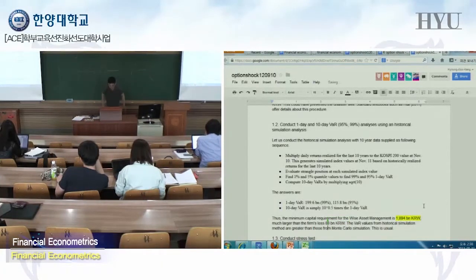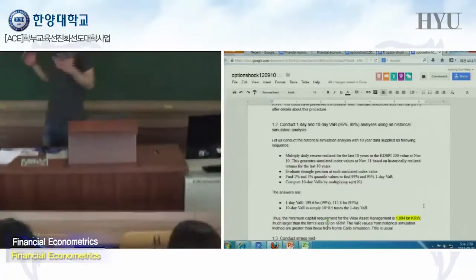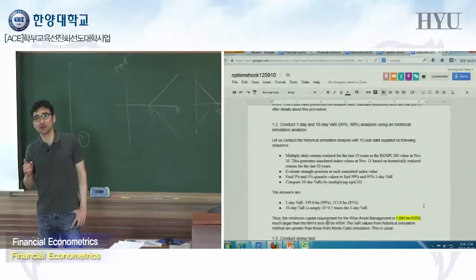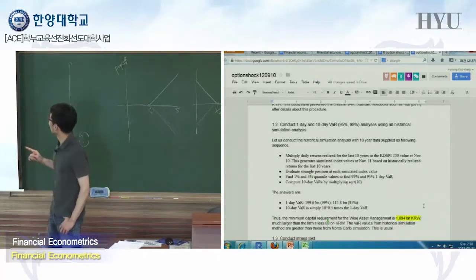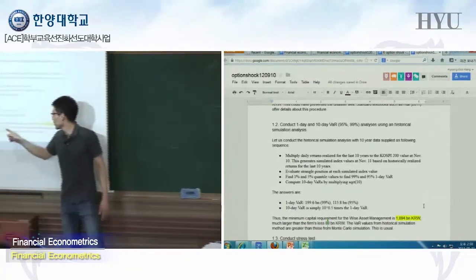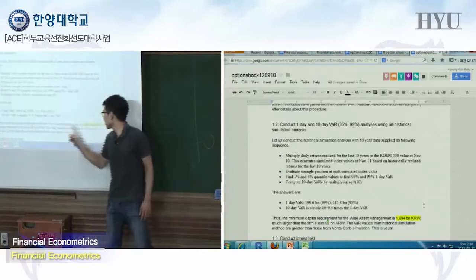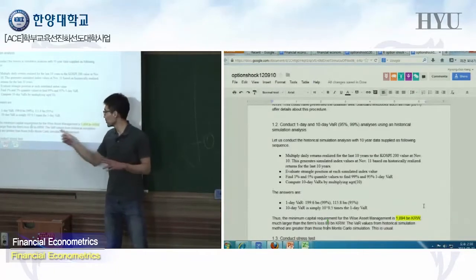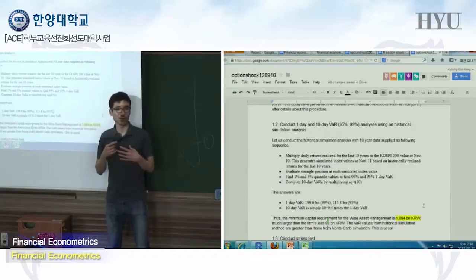Okay. 88 billion. Anyway, if they abide by the rule that they should have 3 times the 10-day 1%, 99% bar, which is around this value. If they have this in the capital, their loss was 88 billion. This is much greater than this one, right? So if they abide by the rule, this 88 billion must be nothing.